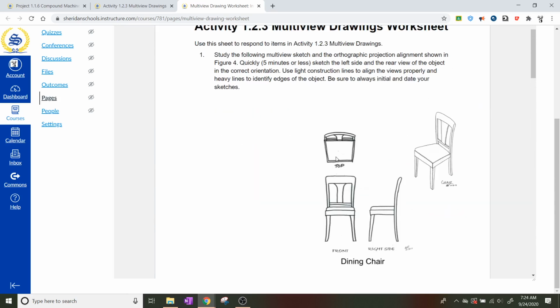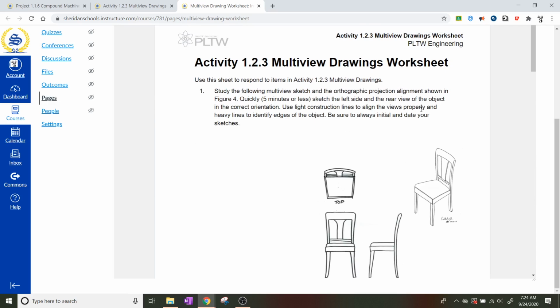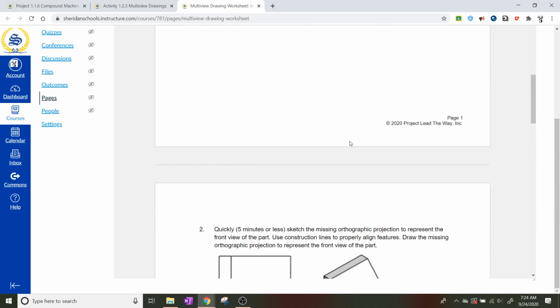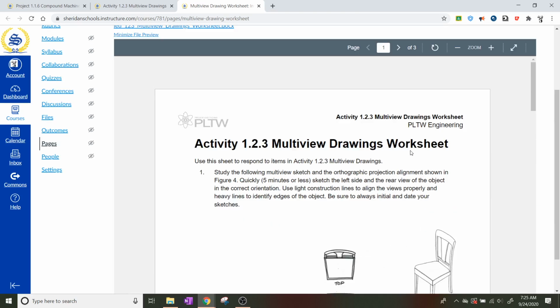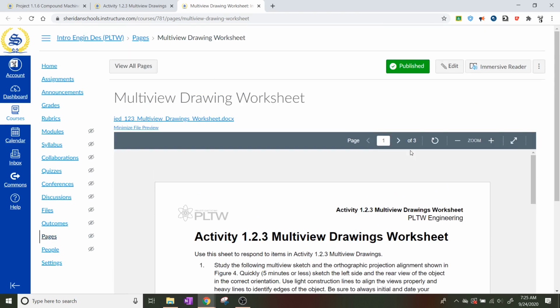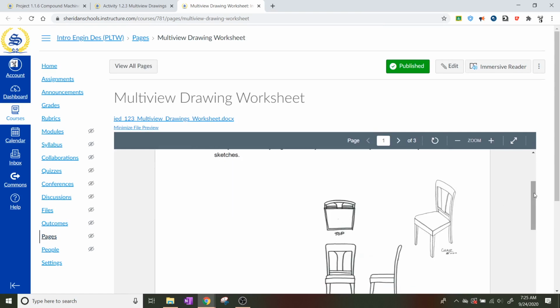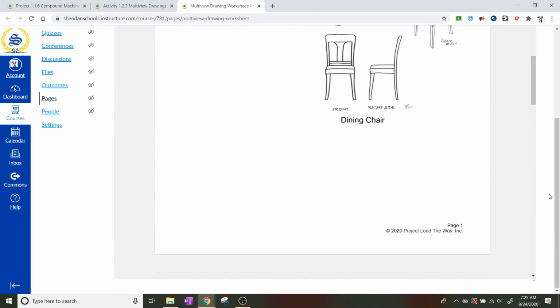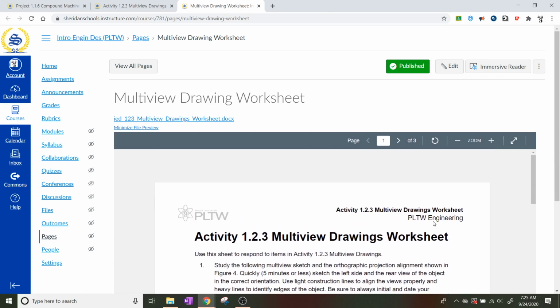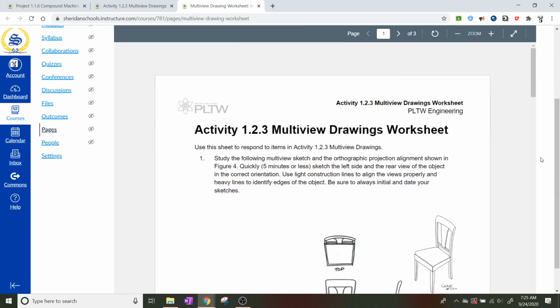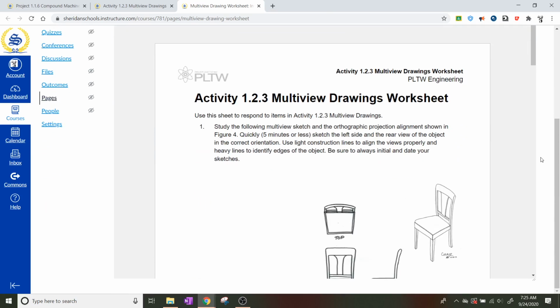And what we're mainly focusing on right now is number 1 and number 2, trying to find the missing viewpoint of this object, okay? These are the 2 things that I'm going to need you to do to start with, and we're going to turn in these 2 things and some other stuff later. So make sure that you have done this part for today, and I'm going to see how far we get done in class,